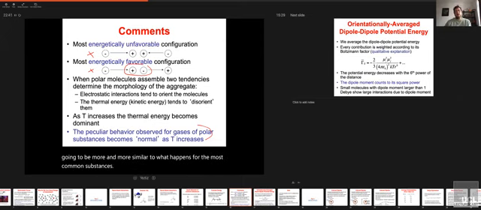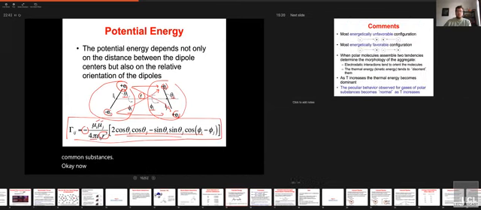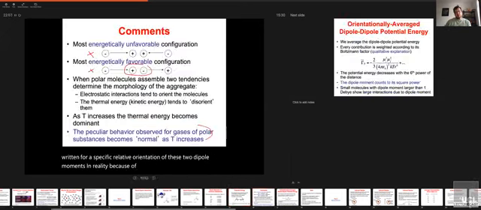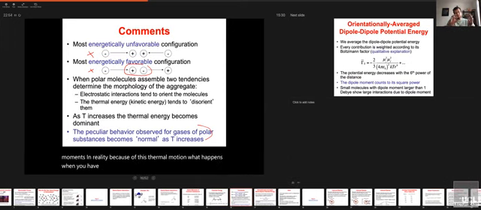Okay? Now, this equation here, which is a lot of red now, was written for a specific relative orientation of these two dipole moments. In reality, because of this thermal motion, what happens when you have a system with many molecules is that all of these dipole moments keep rotating. And somehow we need to figure out what is the average interaction between these dipole moments that rotate. So the way to do that, we will learn more about the reason for it when we talk about statistical mechanics, is to keep in mind that the